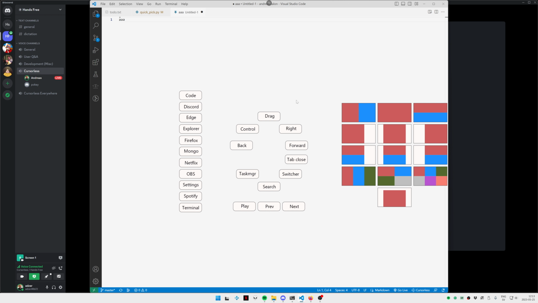So if I'm in VS Code, I would have a VS Code bar at the top. If I'm in Firefox, I would have a Firefox bar at the top. So this will basically be